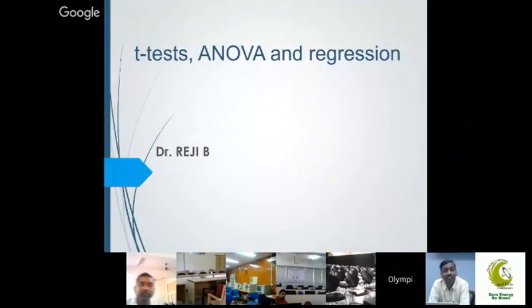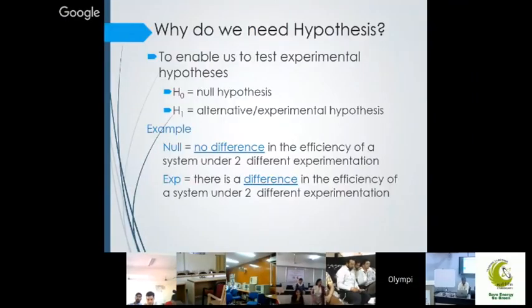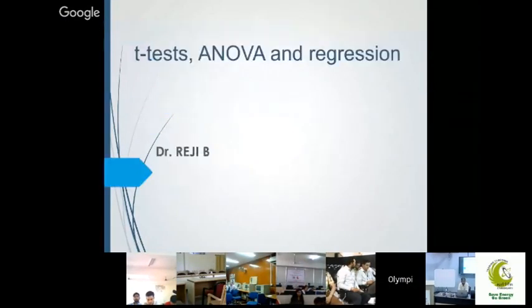In this session, we will discuss the tools of inferential statistics, like t-test, ANOVA, and regression. These are the commonly used tools. There are a lot of tools, and in t-test also there are varieties, and ANOVAs are also there. But we will discuss the basic ones, because that will give an idea. After that, you can do any type of t-test using this idea.